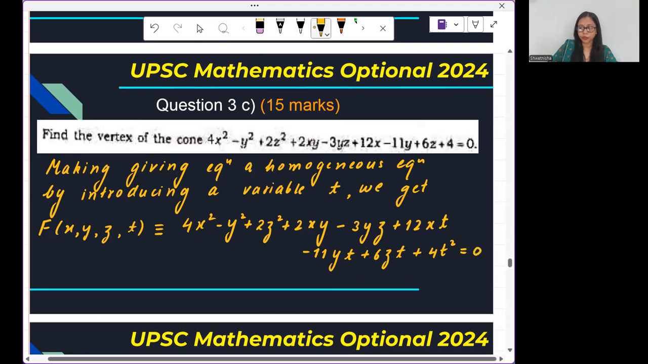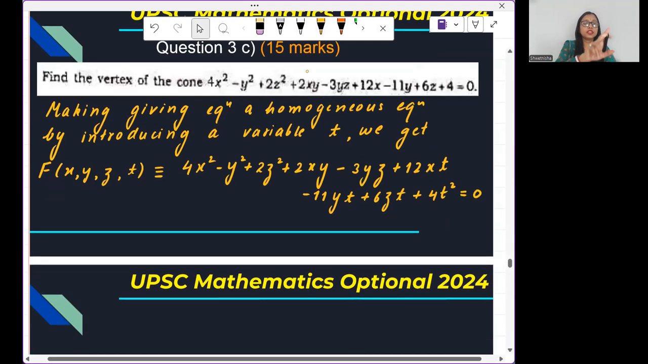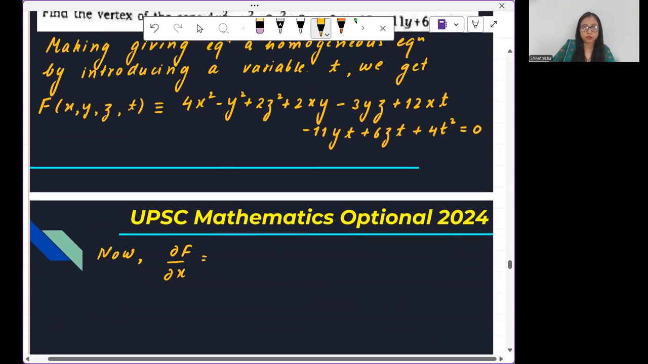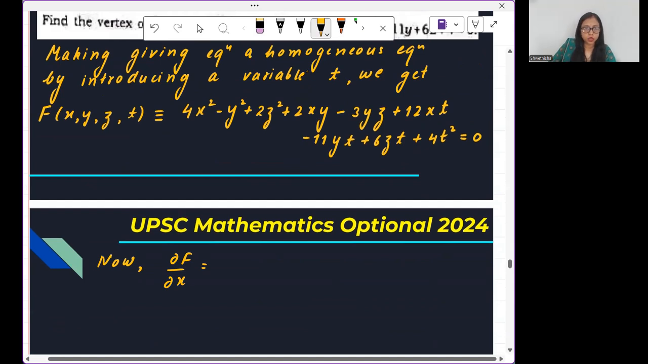This is the first step. Next step is doing the differentiation of this capital F with respect to x, y, and z partially, and t also partially, partial differentiation. So now what is del F by del x? This is 8x plus 2y plus 12t is equals to